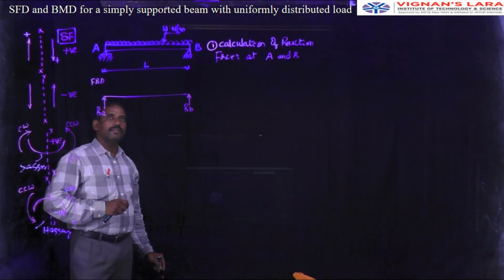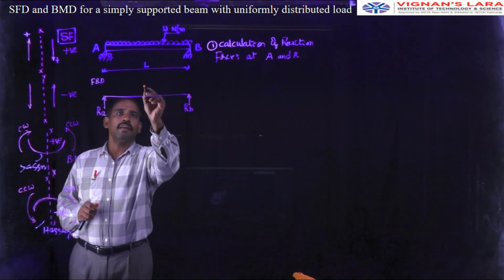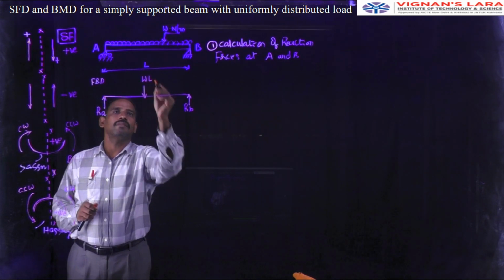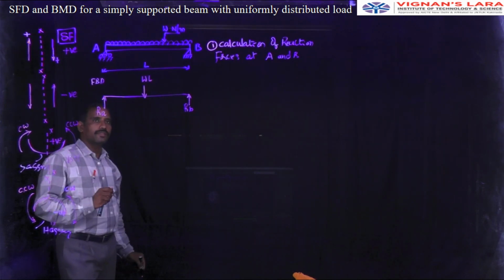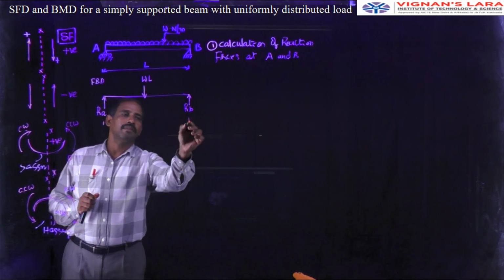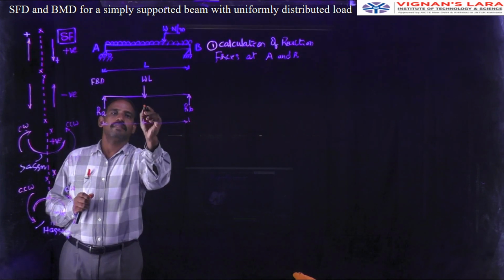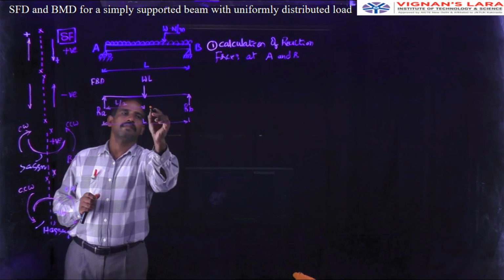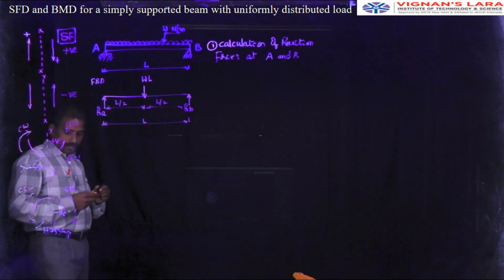Then you know the total load as usual, that becomes WL. Definitely that is at the midpoint. This is the total load. I think we need not calculate it once again, as it was calculated in the previous lectures also. The total length of the beam is capital L. Am I right? This is L, so this is L by 2, this is L by 2, and this is also L by 2. We know that. What we have to calculate? We have to calculate RA and RB.